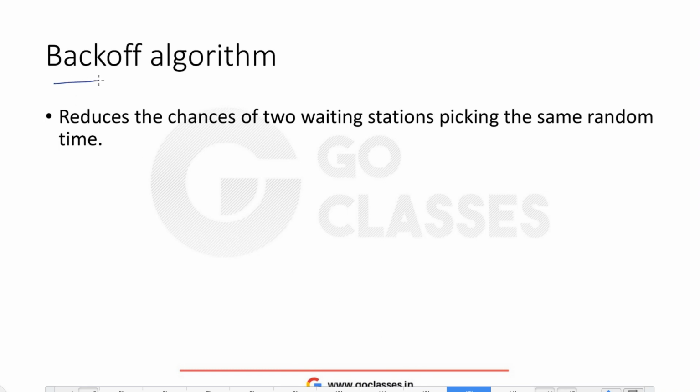Now let's see there is one algorithm called the back-off algorithm. What does this back-off algorithm do? It says that if there is a collision, suppose A is sending some data to D, and a collision has occurred, which can occur at any time. Let's suppose it has occurred just before D sends its first bit, when the first bit of A has arrived here. At any time it can occur basically. So suppose there is a collision, then how much time should A or D wait before sending the packet next?